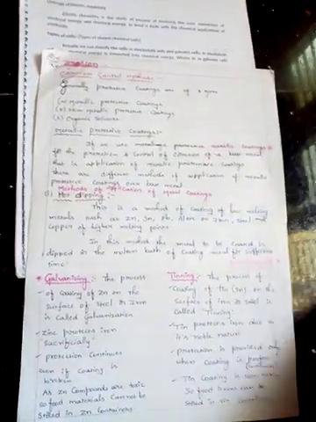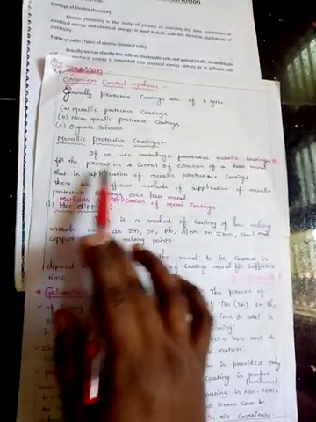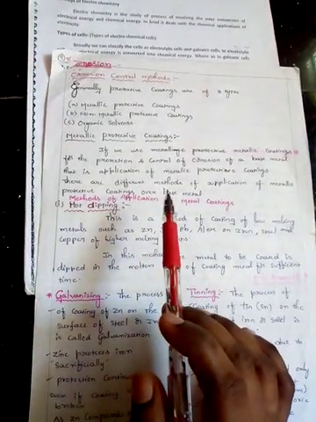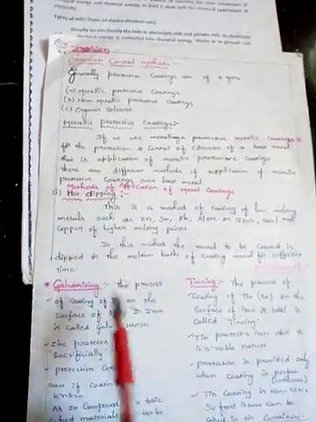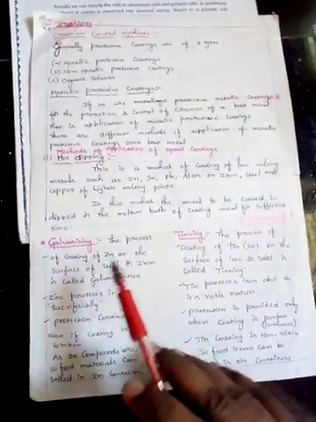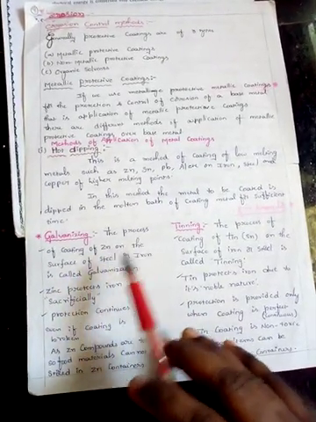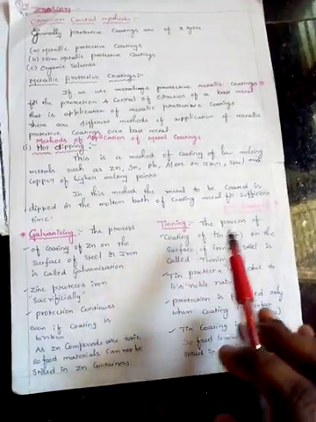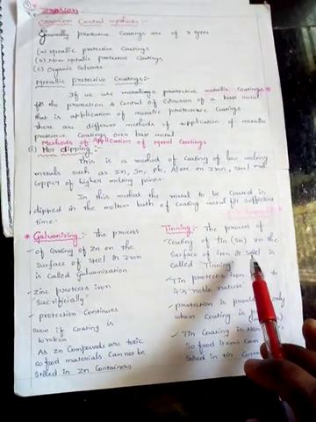Another aspect is that the application of these protective coatings is also very important. Generally protective coatings are of three types: metallic, non-metallic, organic. Whichever type, the application method is very important. Generally we implement these protective coatings by the hot dipping method and by galvanizing and tinning techniques. Galvanizing is a technique by which we can coat zinc over steel, whereas tinning is a technique by which we can coat tin on the surface of iron or steel materials.